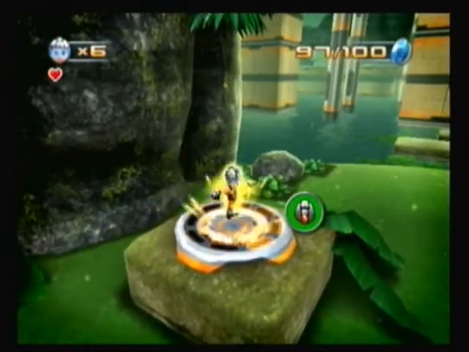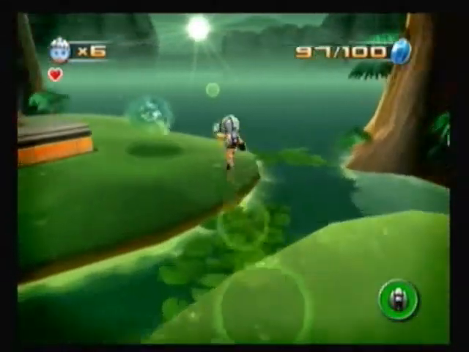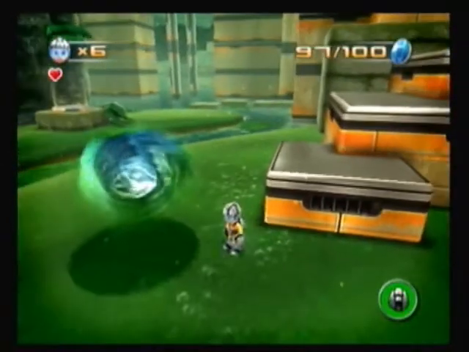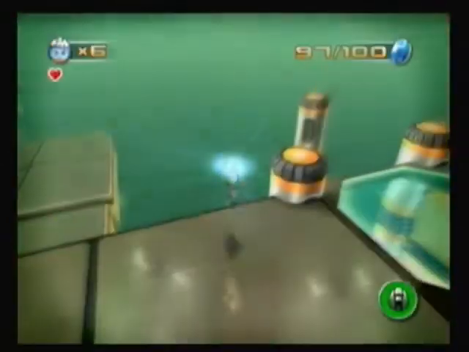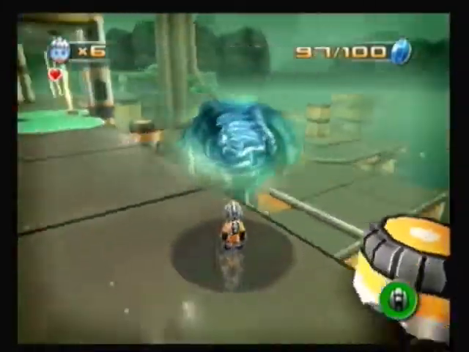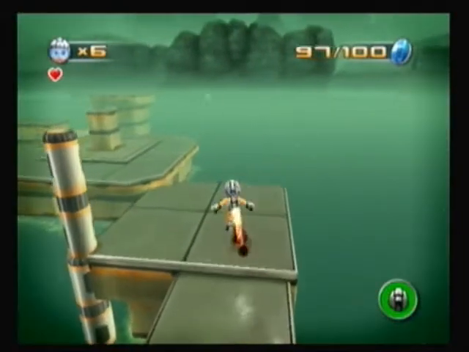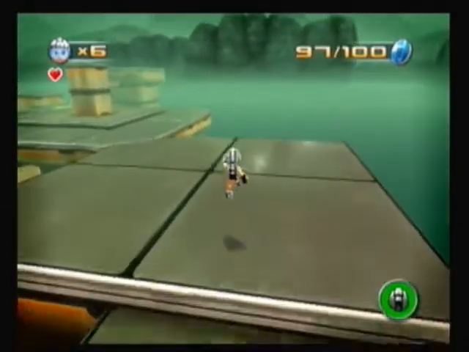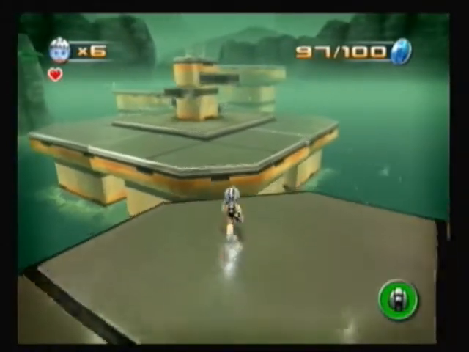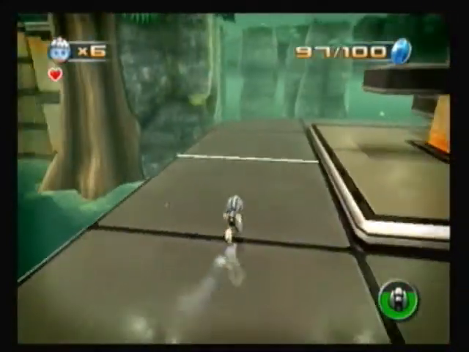So, let's see. Trying to think, you can either go back through here. Okay, yeah, this is the safest way to do it. Just basically come down like this. Which again, it sucks to leave those 2 drones, but at the same time, I have